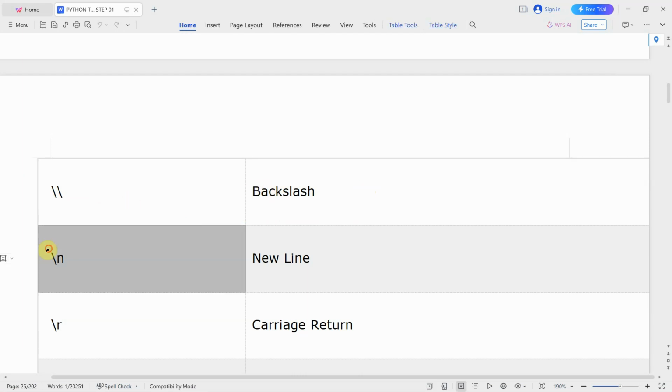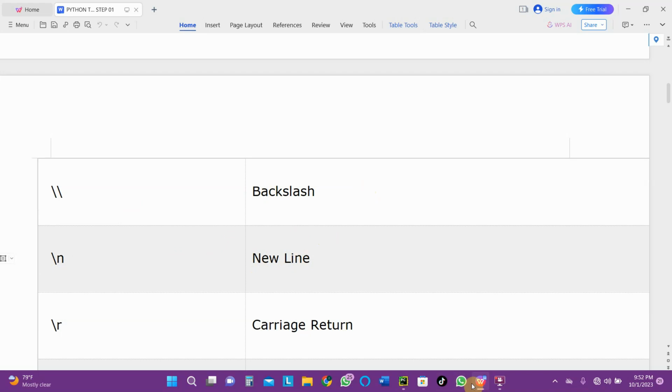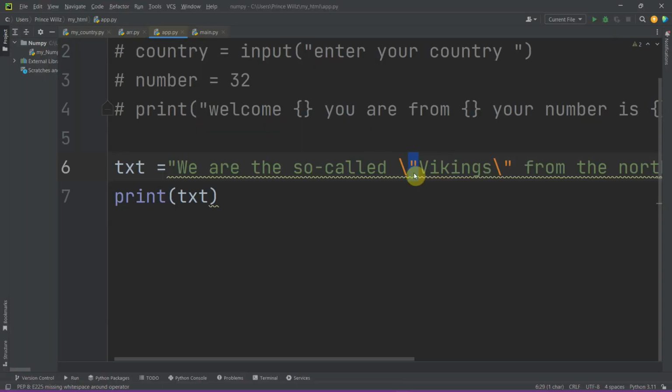Now this backslash works for new line. Once you enter backslash n, right here I may say backslash n. You can add it anywhere. If I should run this program now,